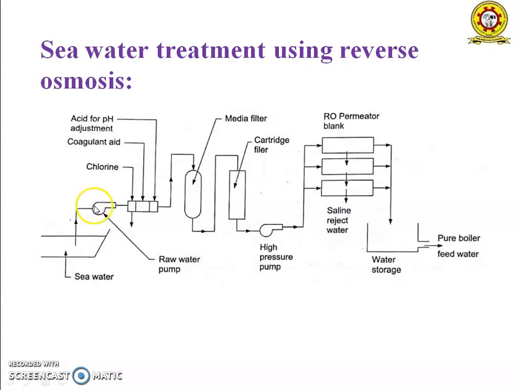Salt water enters through the raw water pump. In the raw water pump, we can remove chlorine, coagulant and acid, and it is passed through the medium filter. After the medium filter, it is passed through the cartridge filter, where the impurities get removed completely in the medium filter and cartridge filter. After this, the pressure gets reduced and the low pressure water is passed through the high pressure pump, and this high pressure pump sends it into the reverse osmosis permeable membrane. After passing through this reverse osmosis, the saline water gets rejected and the pure water gets stored in the water storage, and this water is sent into the